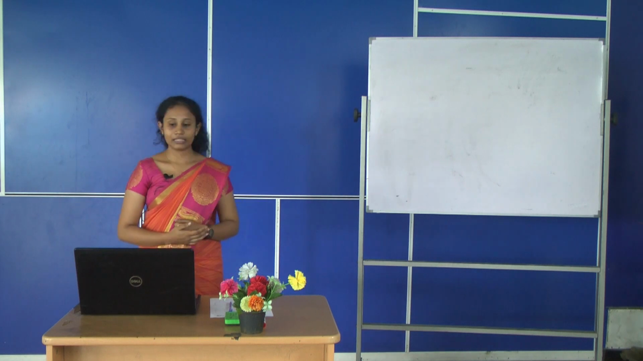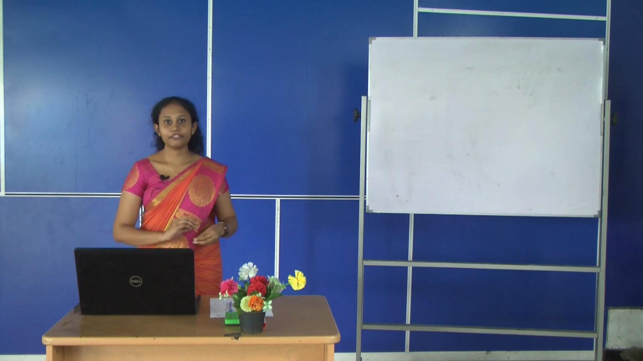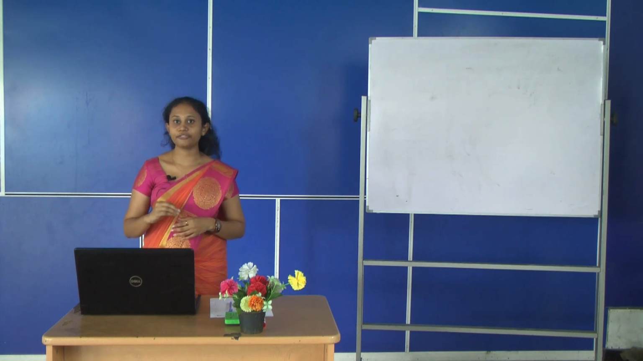Now let's take a look at the nervous system. We can separate the nervous system into two main parts. One is the central nervous system, which consists of the brain and spinal cord. And the second one is the peripheral nervous system, which consists of nerves. A nerve is a collection of neurons. In the neuron, the information passes in the form of electrical signals, which we call